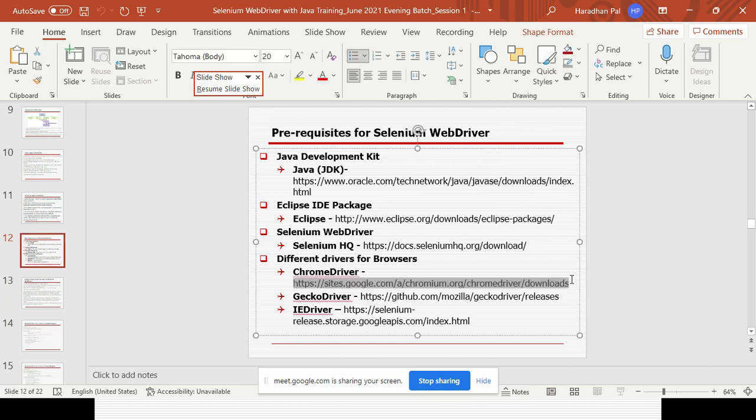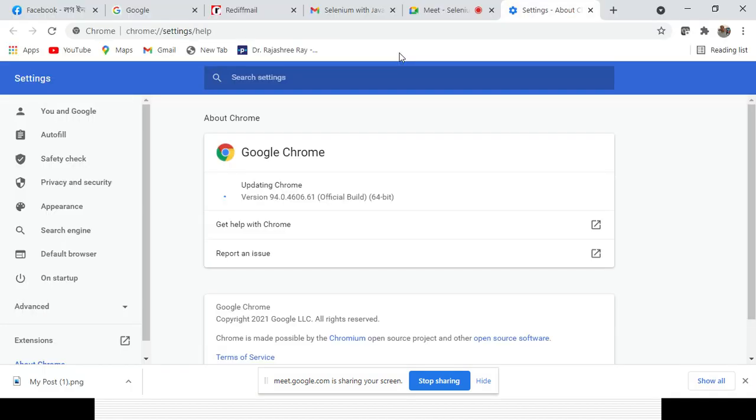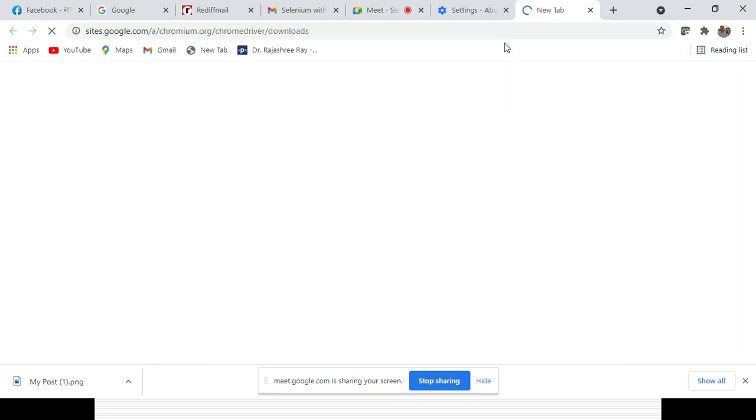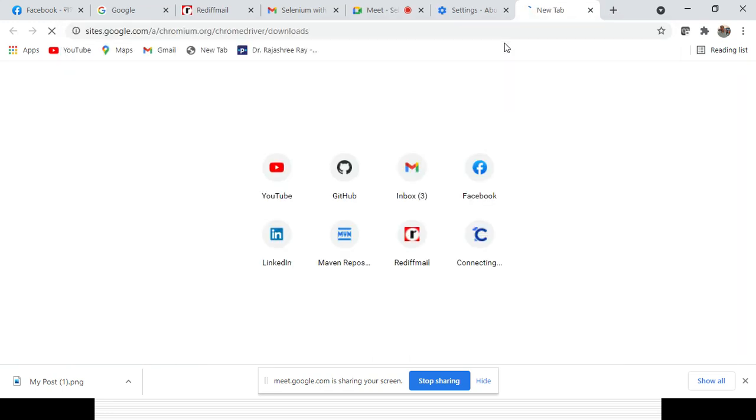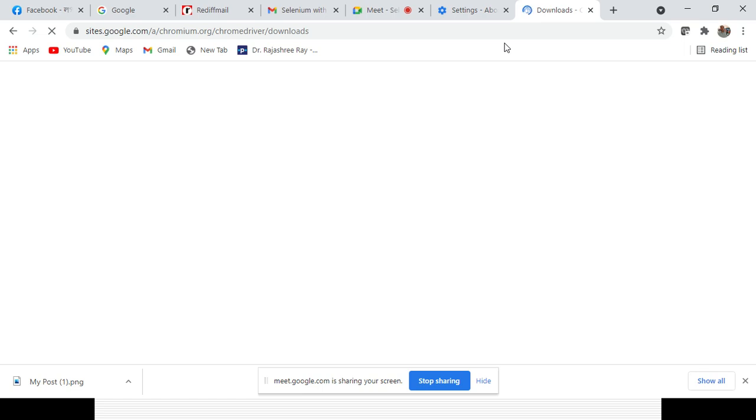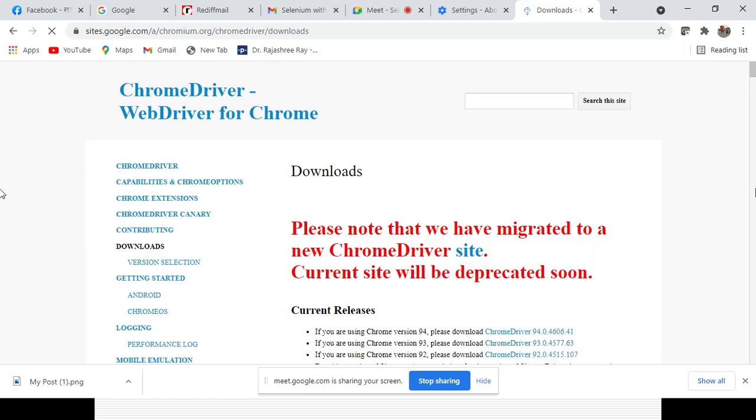All the links are already provided here, no need to worry. My version number is 94, so I need to install the Chrome driver relevant to 94. If you install another one, it will not allow you. It will throw an error that the driver is not compatible with the browser. So for 94, we need to install that one from that link.